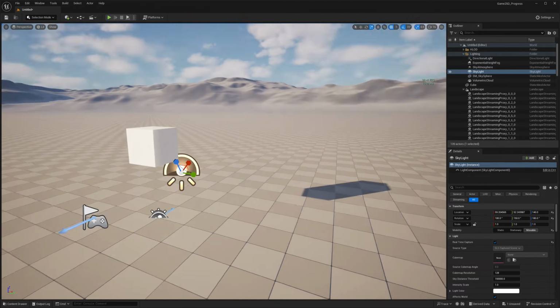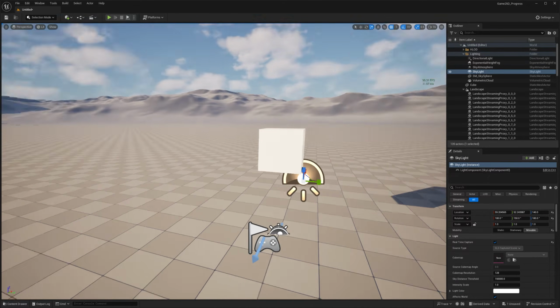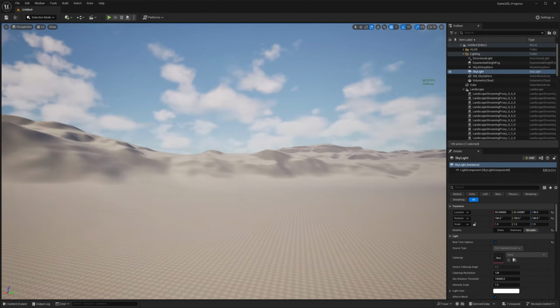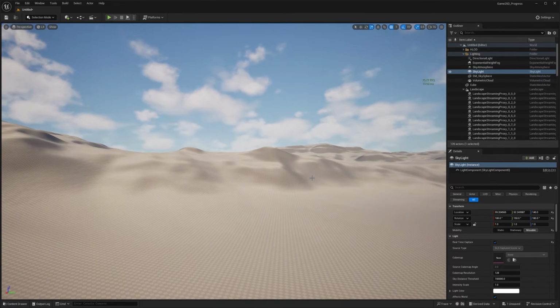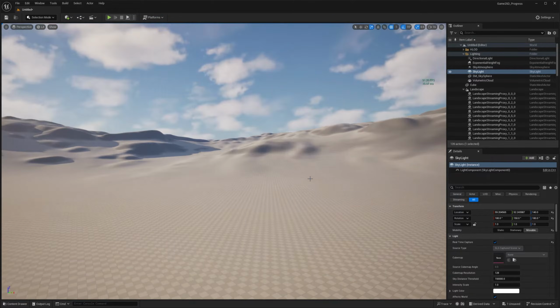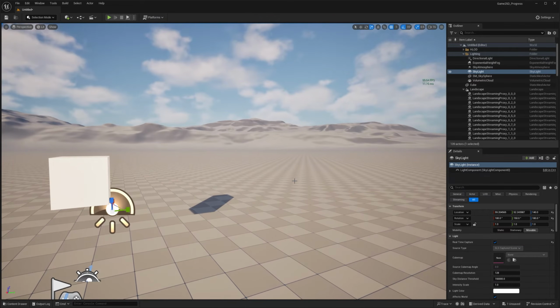That's one way. But check this out. If I hold Control and I press 1 on my keyboard, and I move here, for example, and I press Control 2, and I move here, for example, press Control 3, and now that I have those buttons selected, I can just cycle between hotkey positions. So 1, 2, 3. So that's another way for you not to get lost here. You find a framing that you like, Control 1, all the way to Control 0 underneath your F keys on your keyboard.